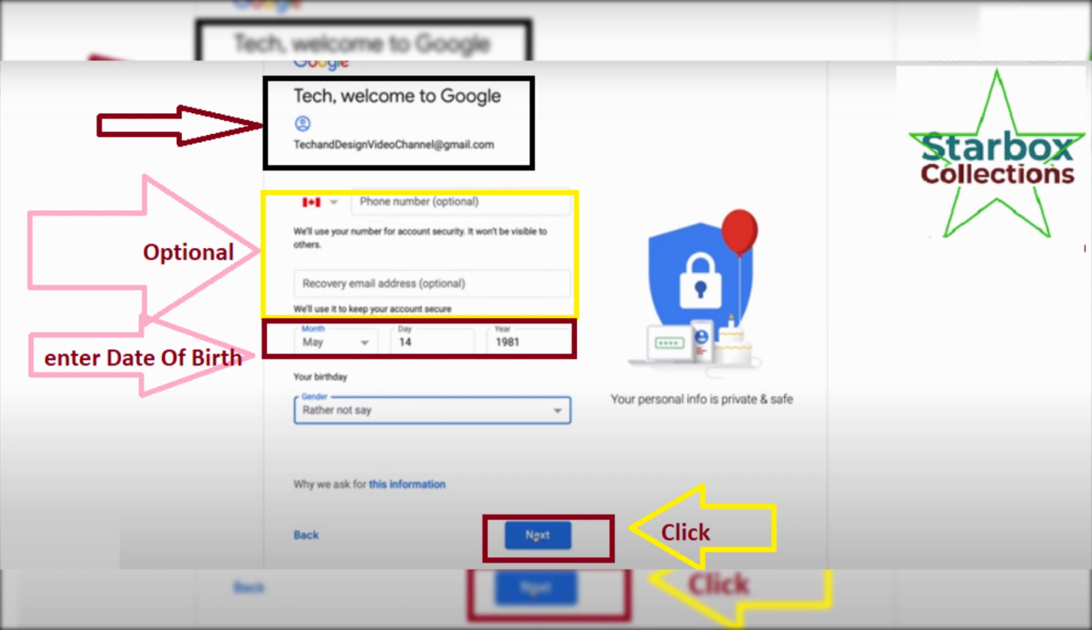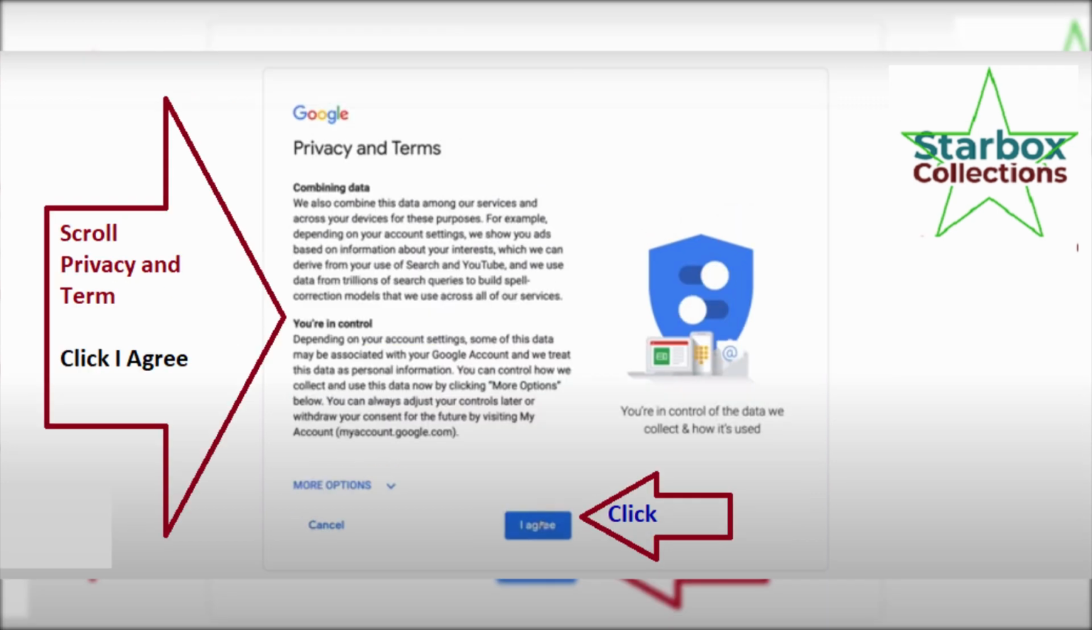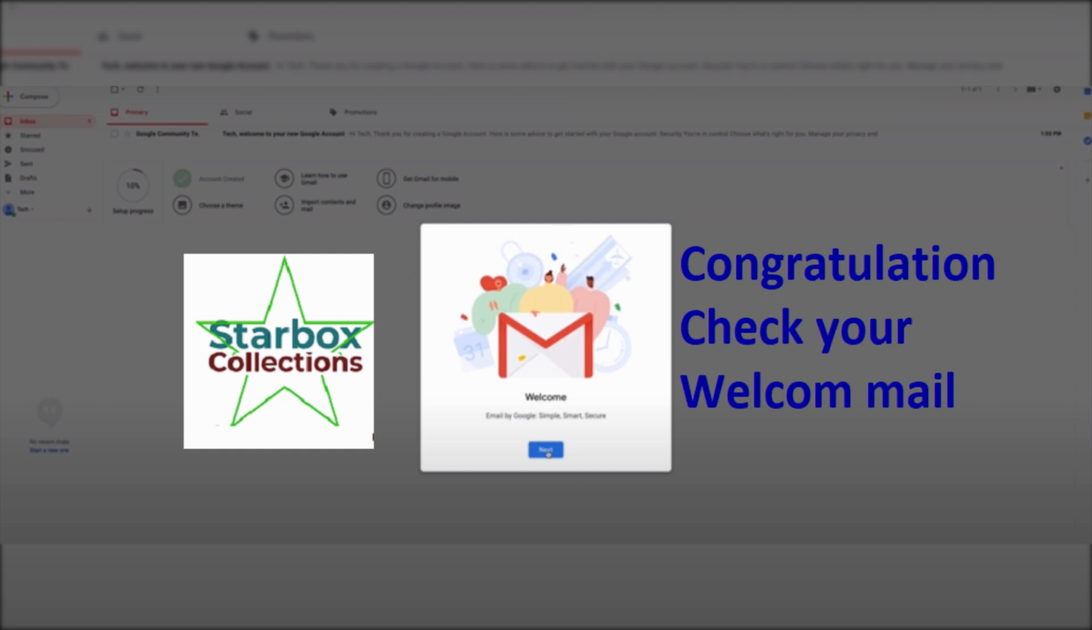and choose the next button and a privacy and terms and conditions window appears. Scroll from top to bottom and click I agree. When you agree to the terms and conditions and click on I agree, the next window pops up